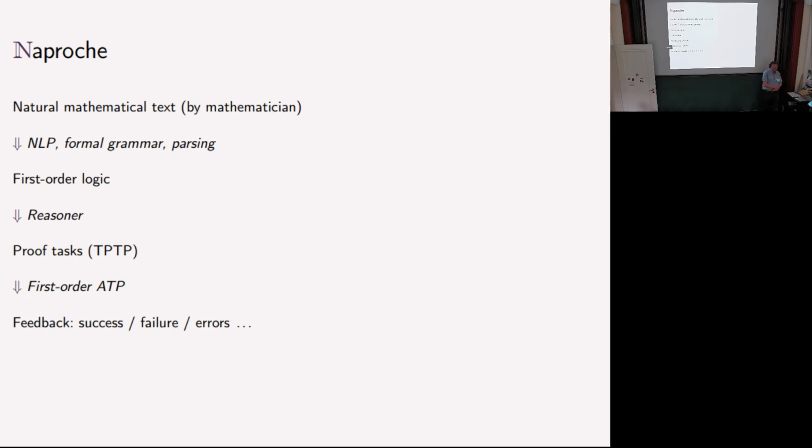So the NLP traditionally is done with a formal grammar and parser. So these two intelligence things that we looked at, namely the reading and then understanding the argument, both these things might be done these days with different methods, with language models or so, but Naproche, due to its history, is working with classical methods, and so we just use standard formal grammars and standard parsing. And for the proving task, for the understanding task, we use first order ATPs.